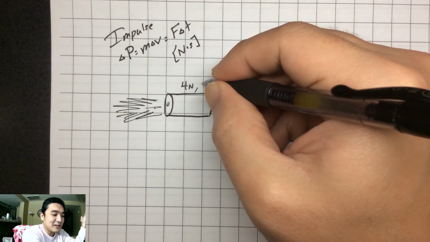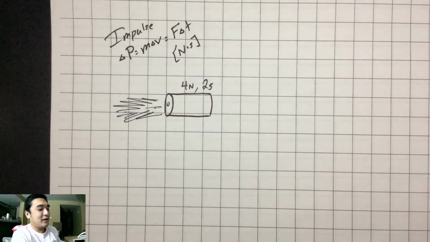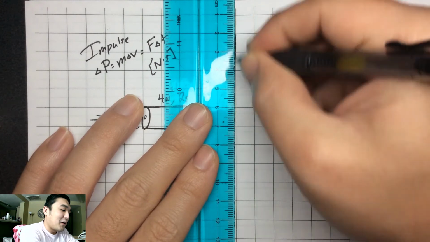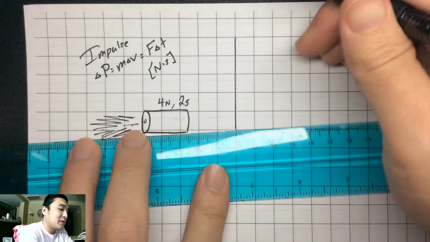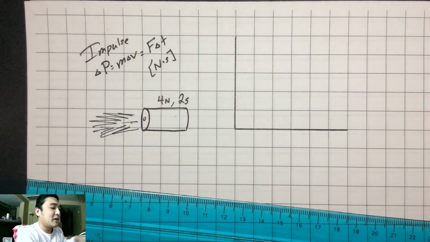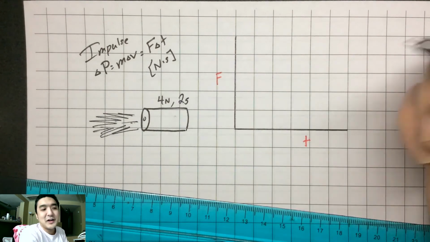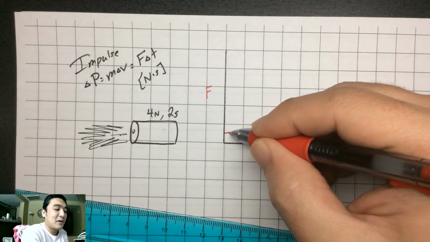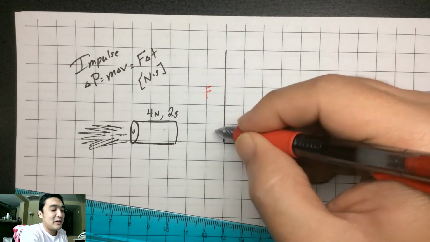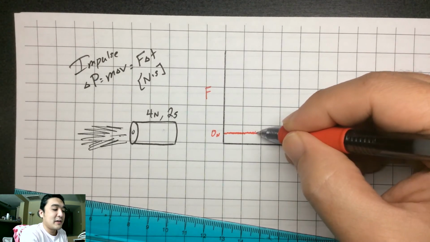So let's say this thing burns for 2 seconds. What we usually would see in our data is we would take data of the force of this rocket engine as time goes on. So we'd have a force-time graph. Real data, just mimicking what I would see whenever we did this outside in Physics C, is we would get a little bit of nothing. Here's 0 force here, and then I fire the rocket engine off,